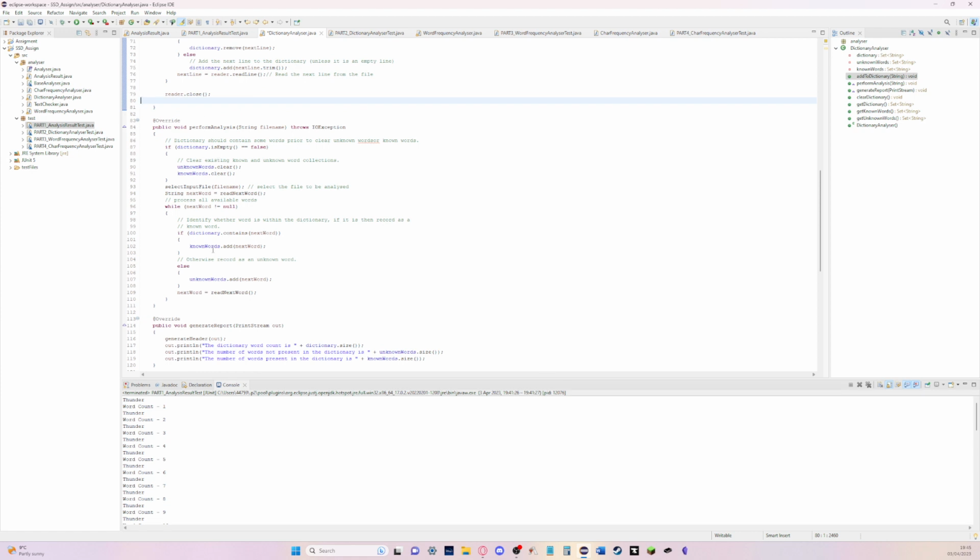Next part is involving analyzing the actual file. So if dictionary is empty, false equals 0. If it is not empty, sorry, I'm reading my own code wrong. Dictionary should contain some of the words prior to it, so it's empty, and then clear the existing known and unknown words, which